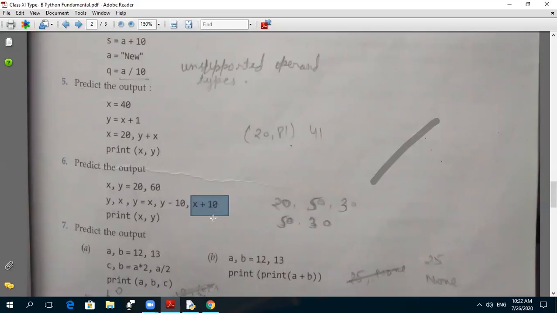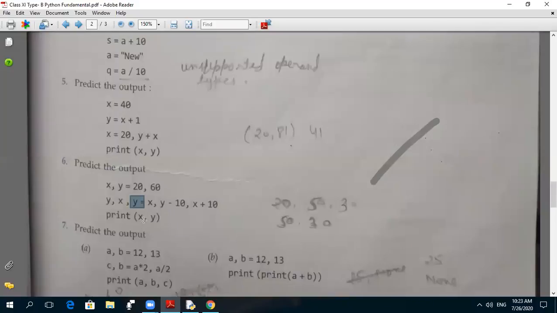What is the value of x? 50. Sorry, 20. 20 according to this. We are not moving to the next line yet, so this new value will not be used; the old value will be used, 20 plus 10, that is 30. 30 will be stored in y. Now two y are given, one y and a second y, so it will consider the last one as the y. So the new value of y is 30. What will the value of y be? 30. Very good. The value of y is 30.